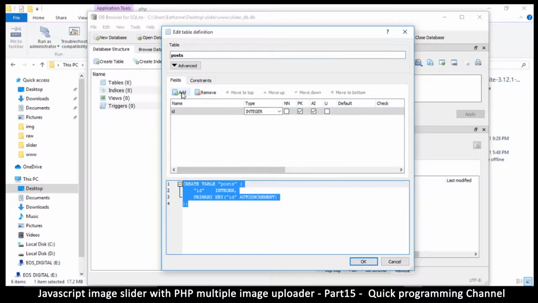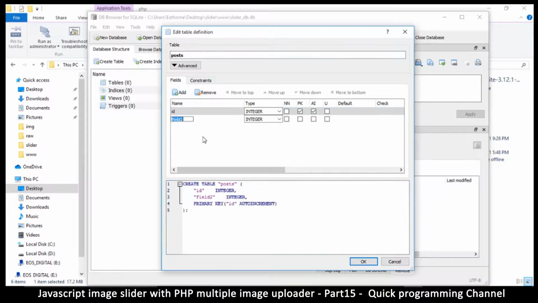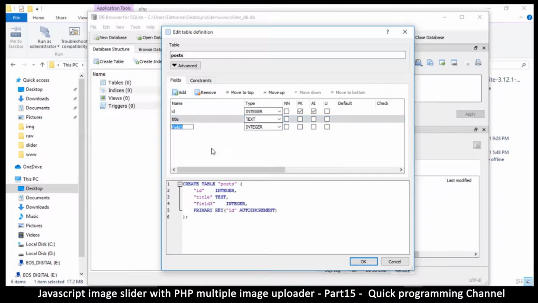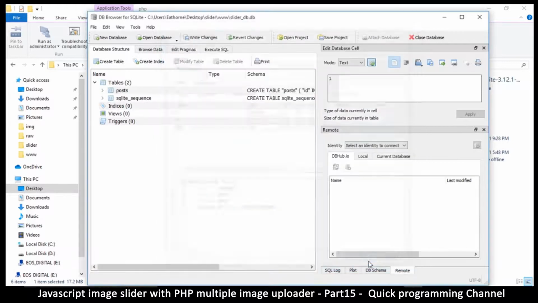So let's add one more thing. I will add one more column where we will have our title. This one will be text, of course, and then let's add one more, and this one will be files. So here we'll put the files, so that's text as well. We'll put them in one space, so text, and that's it. So we will need to be searching items using the title, so we will add a, oh, wait a minute, we need an identifier. So let me click on posts here again,